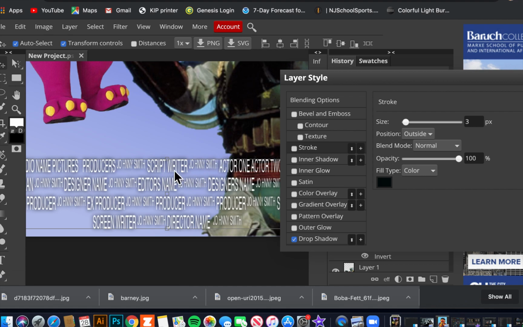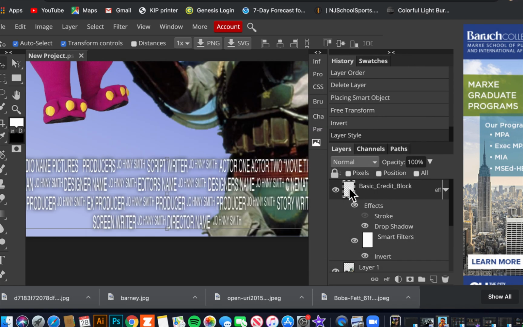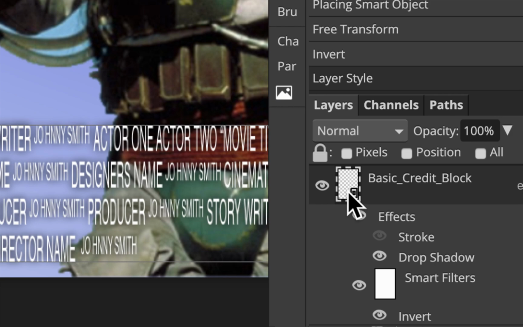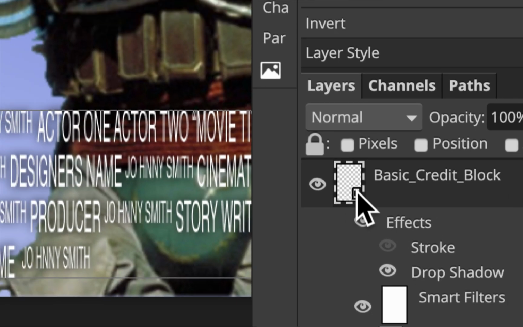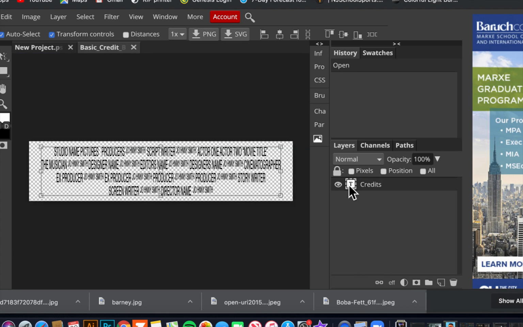If you want to change the color of the text, you might run into a little bit of a problem because when it came in, it's not really a text layer. Normally, a text layer would have a T here. This came in as a smart object, and if I rasterize it, I have a problem because it's not text anymore. But what you can do is you can double click right on the little thumbnail, and it'll open up